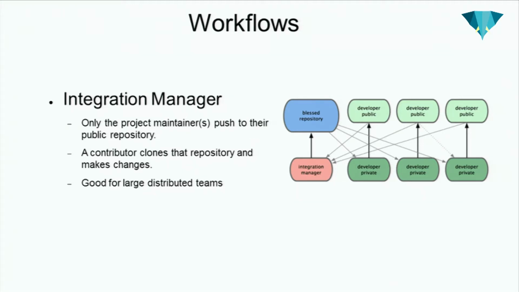Anyone else who wants to contribute can access the public repository, no problem, they can check it out. But in order to make their changes go into it, they have to make a public clone of their repository and apply patches to that, and then they have to somehow communicate with the integration manager. On the Linux kernel, it's done by a mailing list. Everything's email. Plain text emails with headers, and you say, this is my public repository, and this is the patch I want you to pull. And then please look at it. That's what they do. So you'd email the integration manager and say, please pull my patch and apply it to